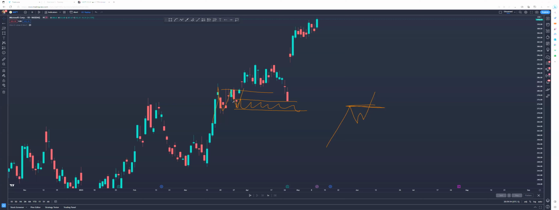You want to just focus on what broke the structure. Put this in your notes: focus on what actually broke the structure. If you get too many candles in between and then it breaks, you want to focus on the actual thing before it broke. So in this case, it's going to be this. As you can see, when we broke, it did all that little choppy stuff, then it pulled back right into that order block, and then it bounced up.